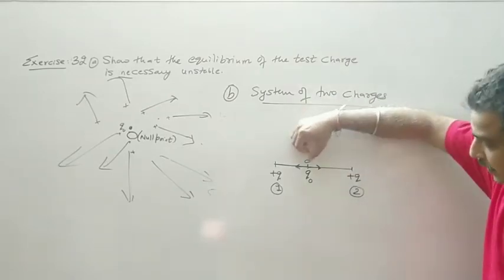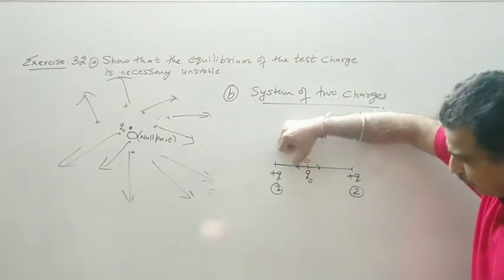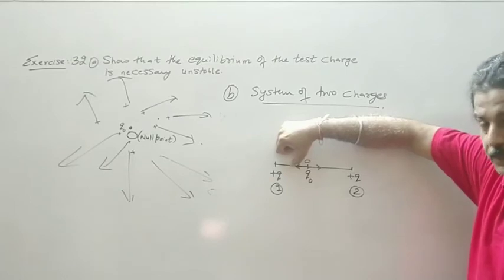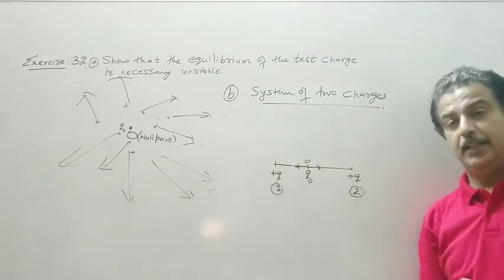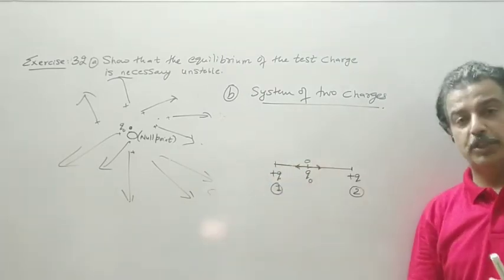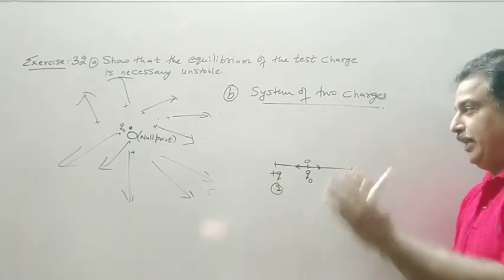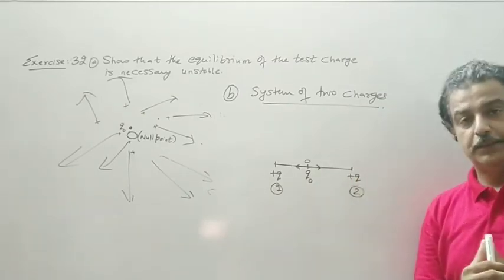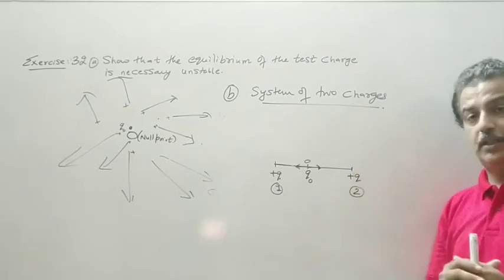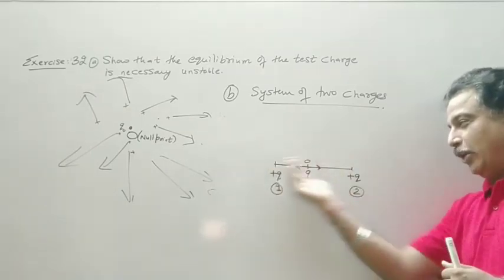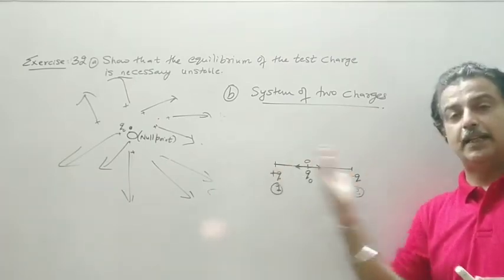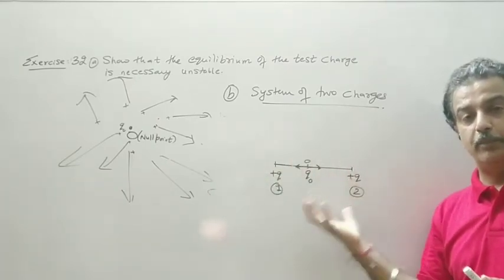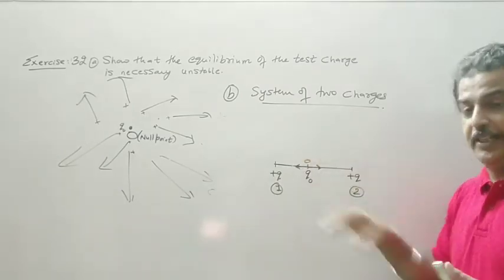Now, if I move this test charge by a small distance along the x-axis, so what will happen? It will be repelled away and it comes to this mid position. So it will be in equilibrium position in this situation. So if I move it along the axis, it comes back to its original position. It is like a simple pendulum. It will perform simple harmonic motion, but it will come to rest.